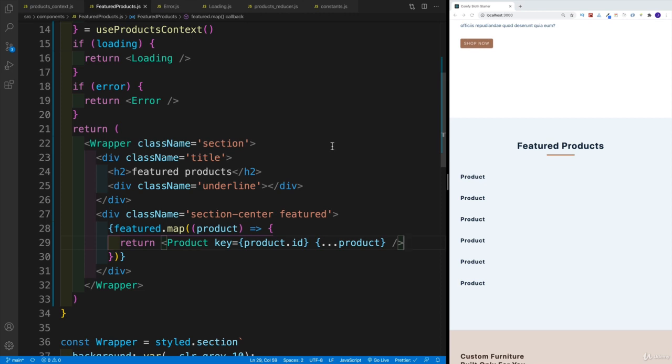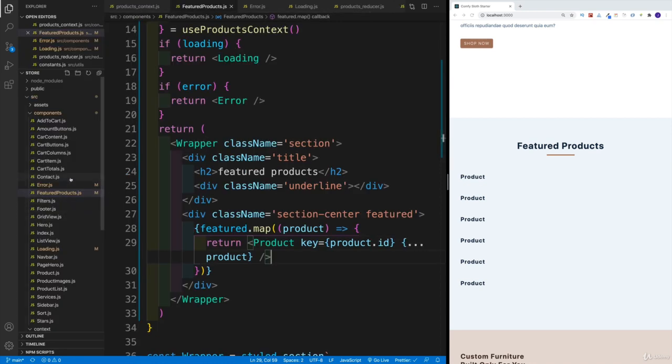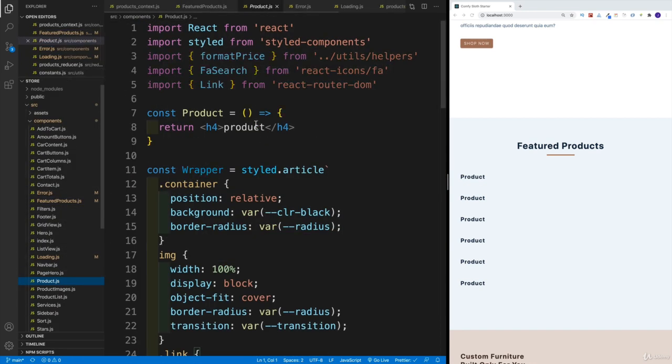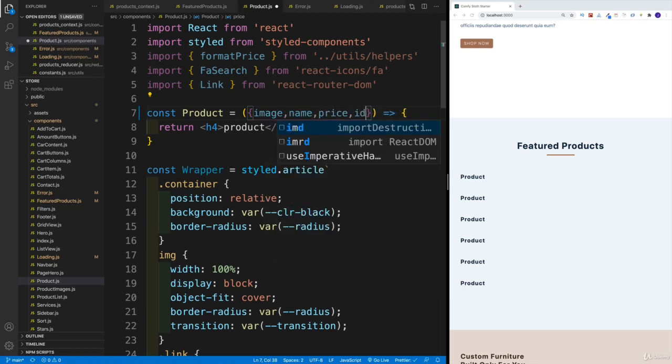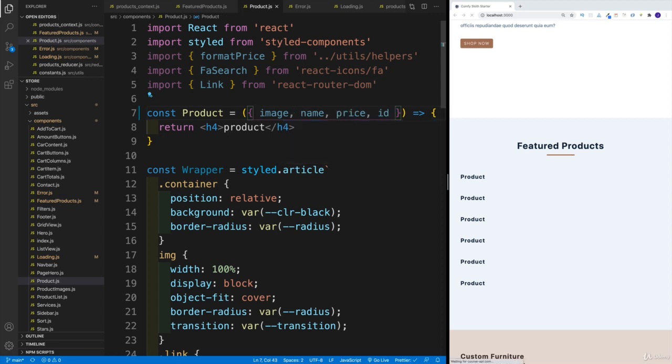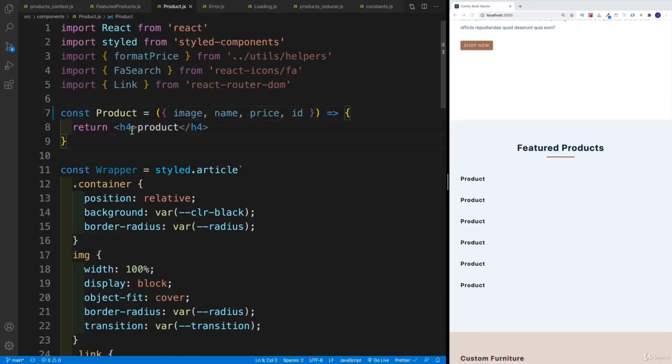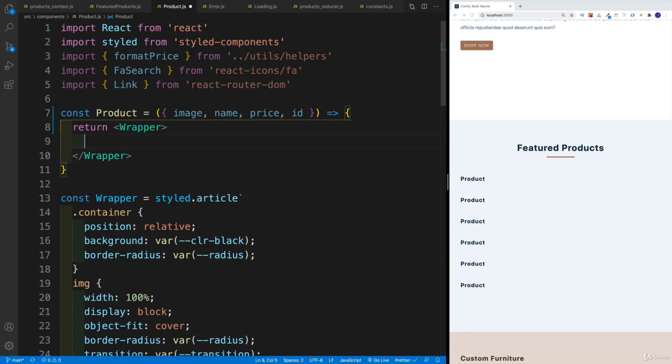And the last piece of the puzzle is navigating, of course, to the product component. So where it is, that's the sucker. And since I'm passing in all the properties, I just need to be specific which ones I'm looking for. So I would want to get the image, I would want to get the name, the price, and the ID. I'll save, I'll close the sidebar. And in here, let's say that we're going to return a wrapper. So all my styling here. And then inside of the wrapper, there's going to be a container.